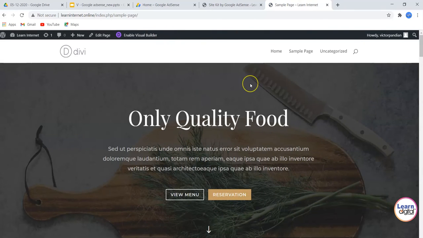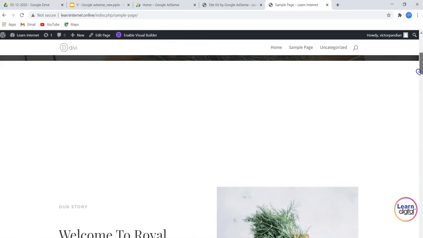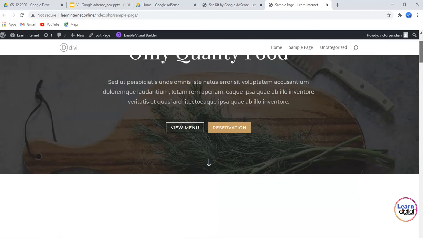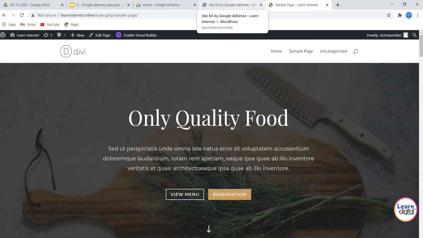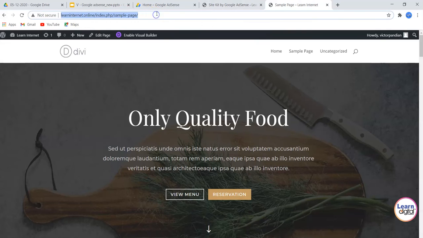All right. So this is how my website is looking, a sample website for learning purposes. Here I'll be deciding where to paste the advertisement. Whoever clicks on that advertisement, I'll be getting paid. For this, Google takes a few days, a minimum of 24 hours to 7 days to verify your website.